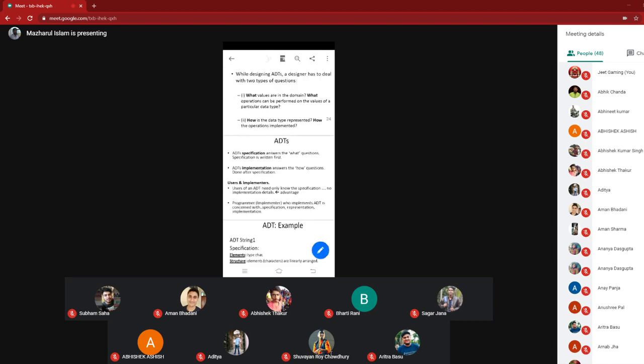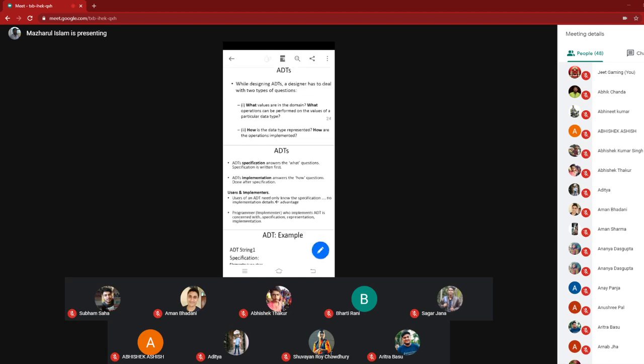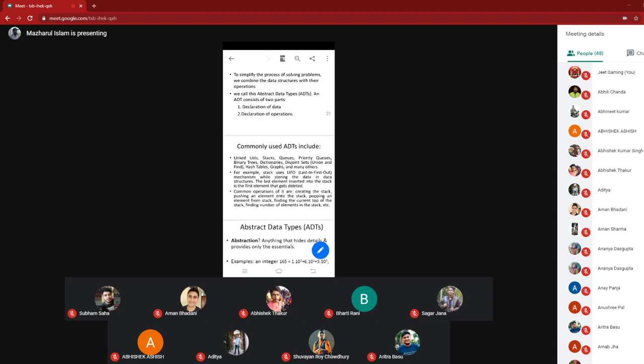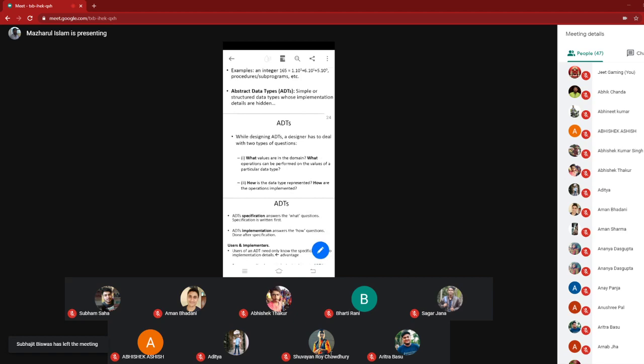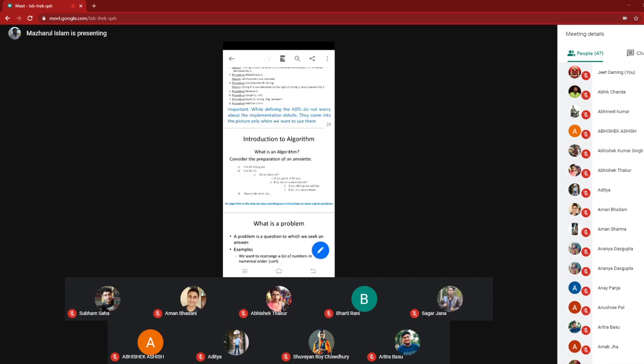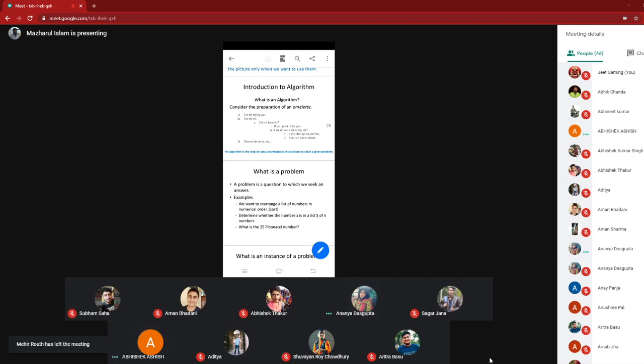An abstract data type is nothing but what data you are dealing with and what operations you are dealing with. I gave you an example of the abstract data type. I want to end here today because of the time limit. In the next class, I will briefly introduce the concept of algorithm analysis, which is essential for data structures.